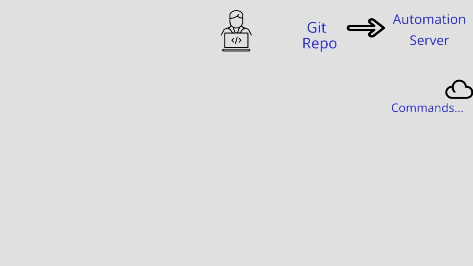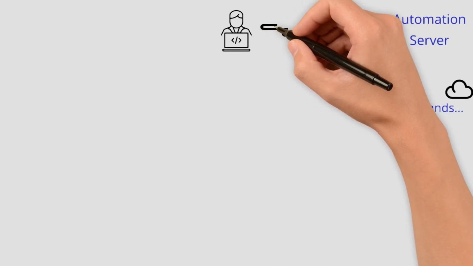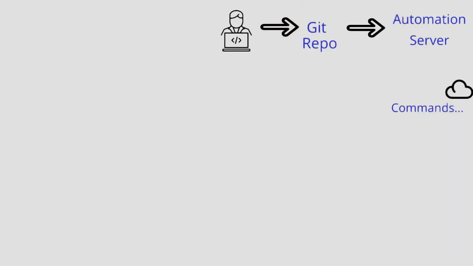What happens is every time a change or something new is added to the repository, the automation server is notified and the automation server will execute those commands that the DevOps people wrote. And that happens automatically. This process, where certain commands are executed every time a change happens, is called a pipeline,